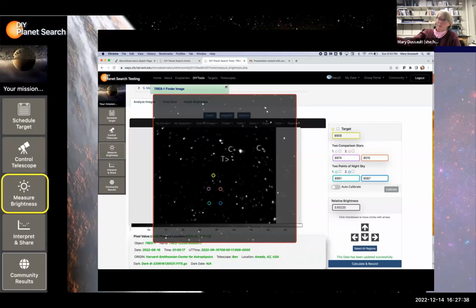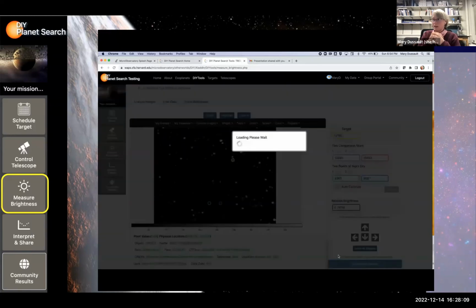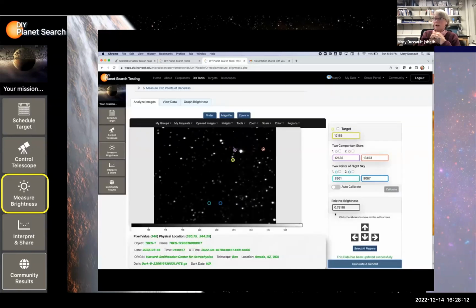And we've marked the map with a T and two C's that are the target star and two comparison stars, because the only way you know if your target star really dimmed, as opposed to a cloud just going by it, is to calculate its relative brightness compared to stars that don't have planets passing in front of them. And so you can see on the right the pixel counts of the measuring circles of the target star and two comparison stars. And when you hit calculate and record,